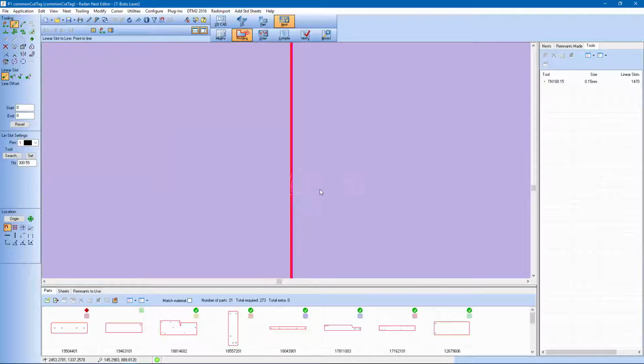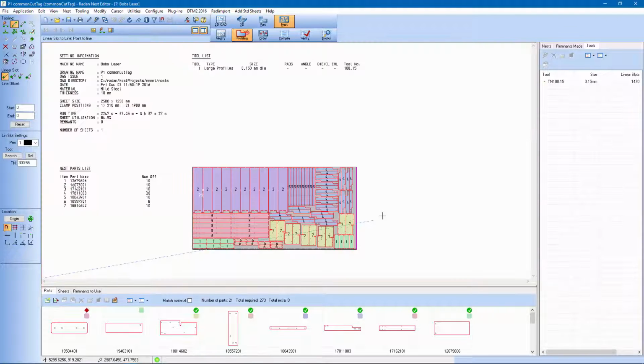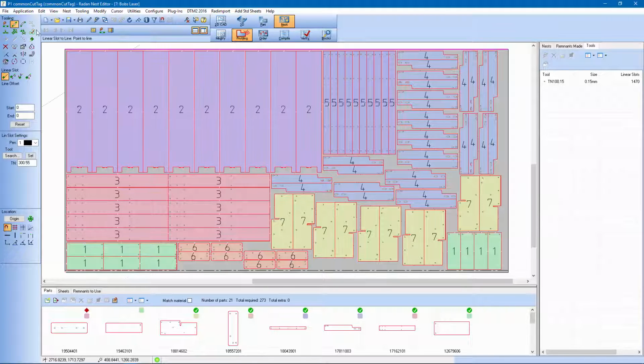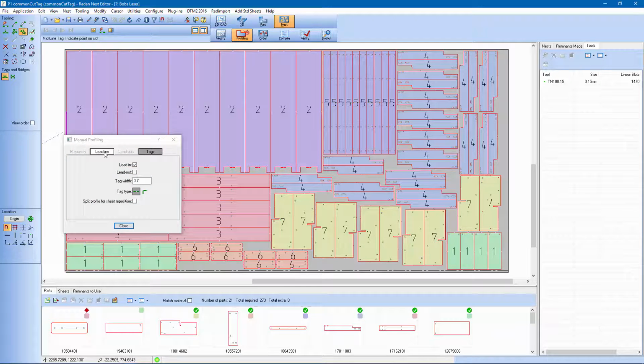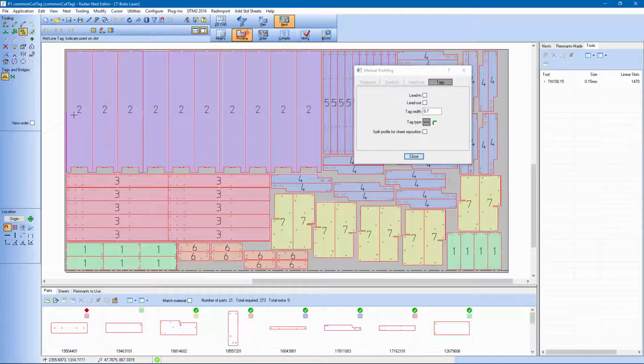Now although I've placed T-datums on the edges here that are common cut, because they're common cut, the software has not put a tag. So I can now manually add a tag along the common cut lines. See, I'm just taking the lead in off of this particular tag, and I'm going to manually place this tag on the common cut lines